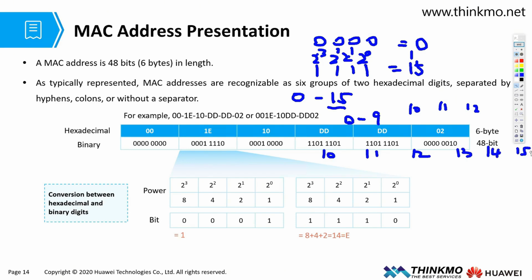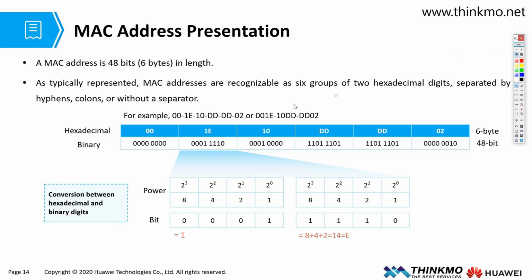When we represent them, they are respectively A, B, C, D, E, F. So the range of hexadecimal is 0 to 9, A to F. Now, if in the future we want to convert a hexadecimal number into binary, how do we